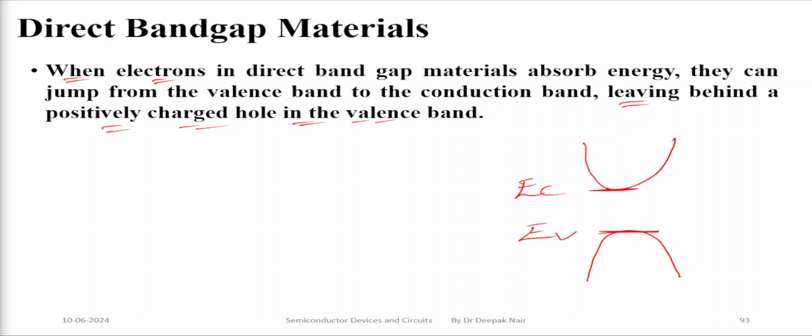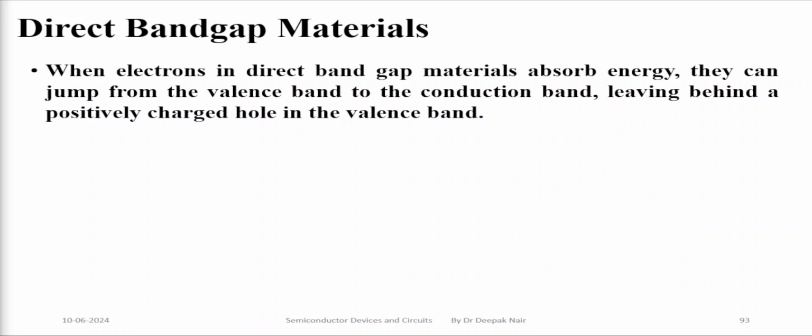In that case, the electrons which jump from valence band to the conduction band leave behind a hole. Okay, and suppose if this electron jumps to the conduction band, again this electron leaves behind a hole. So the electrons which are moved to the conduction band generate holes in the valence band, and that is called